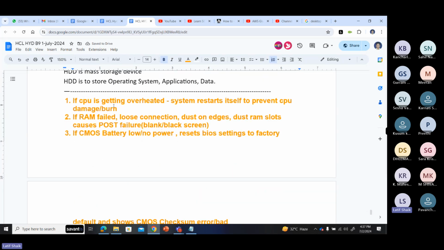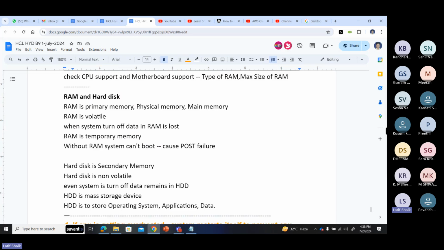If CPU is getting overheated, the system restarts itself to prevent the CPU from burning. So the question is, the system restarts itself automatically. Why is it? The CPU is getting overheated. To prevent damage or burning of the CPU, the system is restarting itself. So why? Because the CPU has